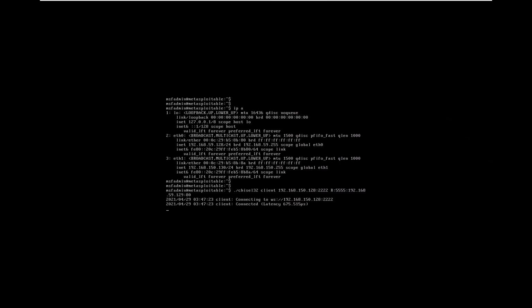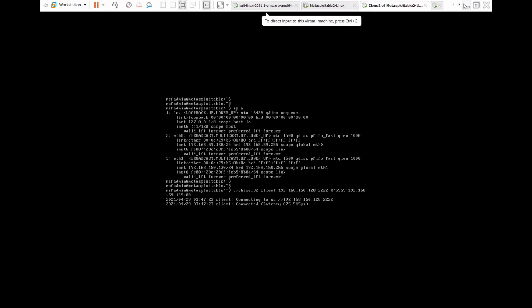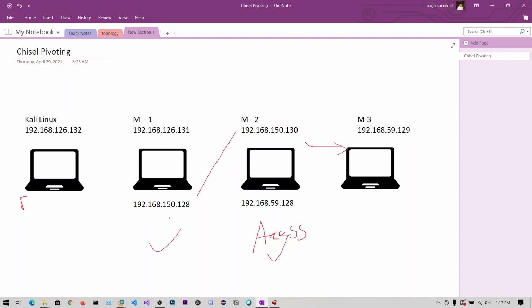Port 80, and now hit enter. So okay, up to now we have set up the server, and this box has been connected to this and is forwarding packets coming from this 5555 to this box's port 80.